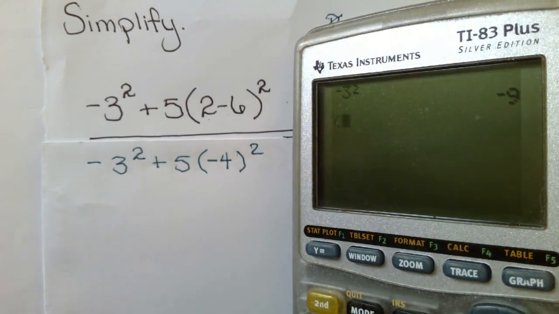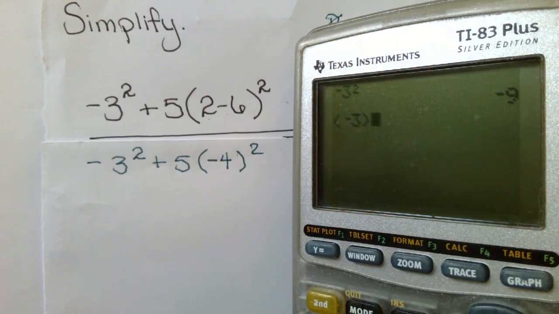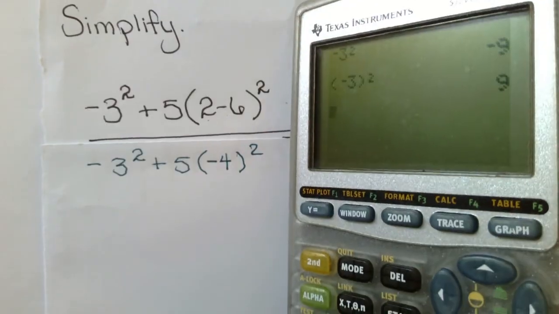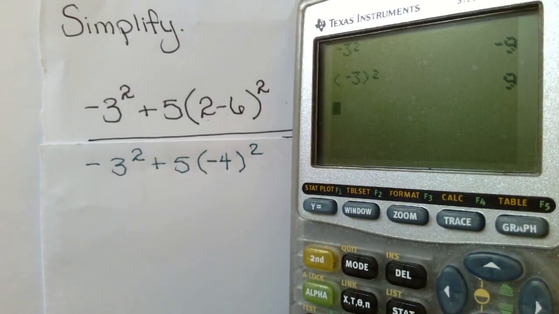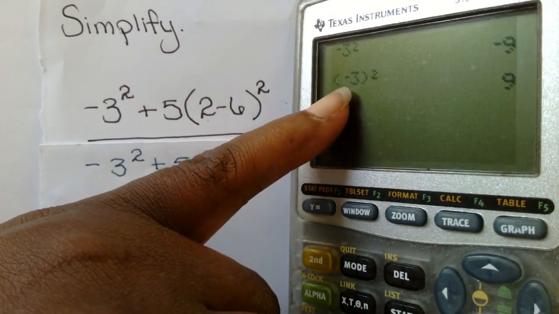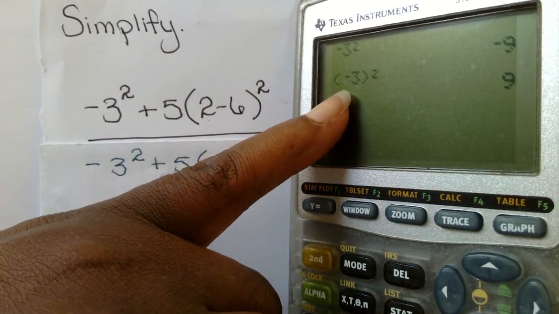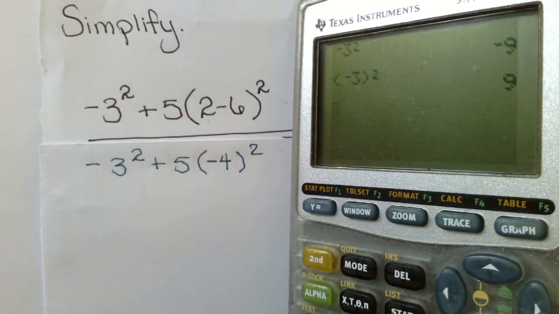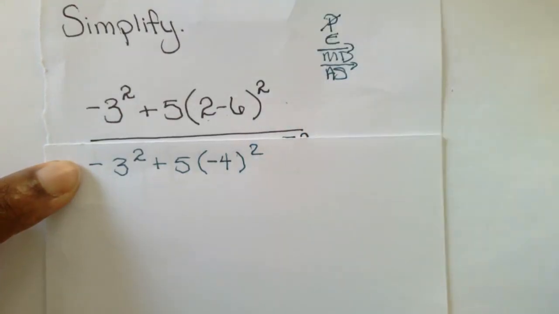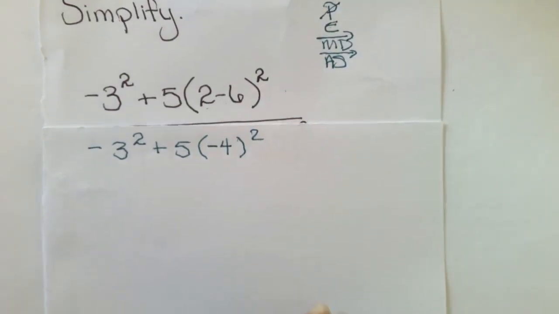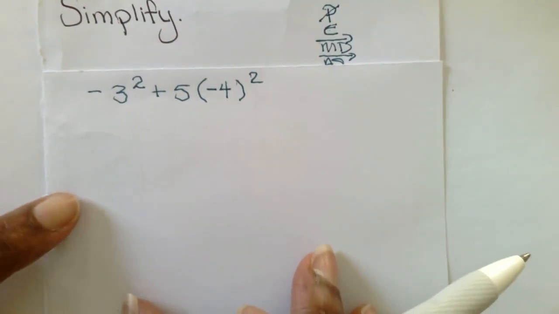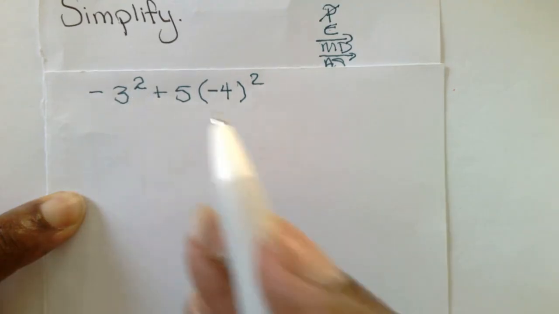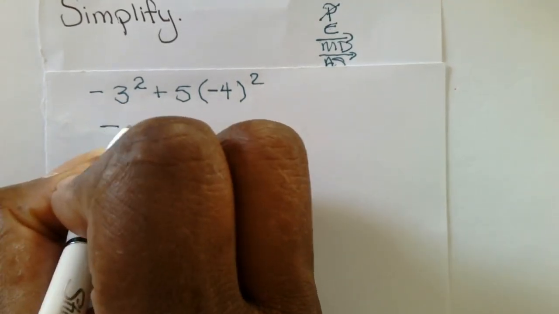Now, if there was a parenthesis around the 3, you're going to get a positive 9, because they're saying this is negative 3 times negative 3. That's when it will be a positive 9. So since there is no parenthesis, and I'm going to raise it up so it gets less confusing, just the 3 is being squared. So this is a negative 9